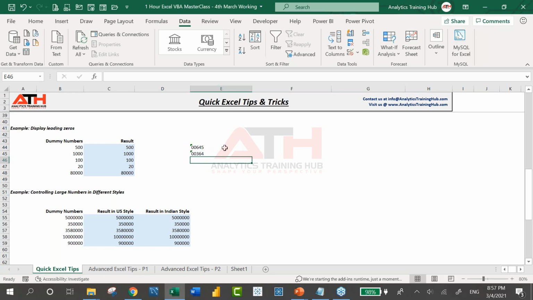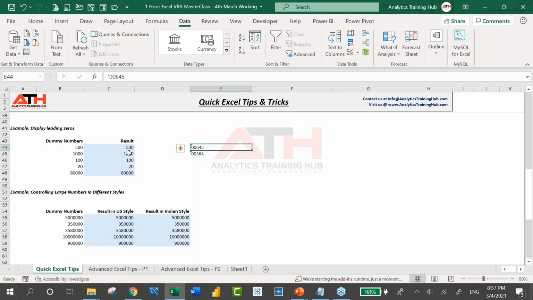But what usually happens? If you look carefully here, the number has moved to the left hand side. When you see the number move to the left hand side, it simply means the number is not stored as a number. It is stored as text. These kinds of entries are called text representations of numbers. If you want the zero to be there only for presentation purposes, then this is not the method you should be looking at.